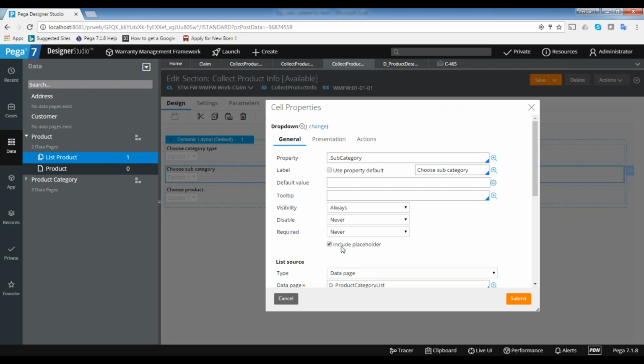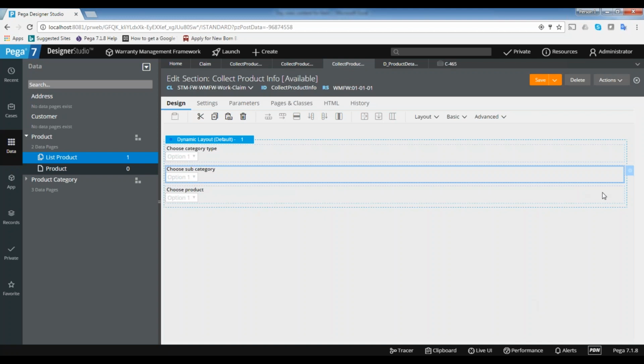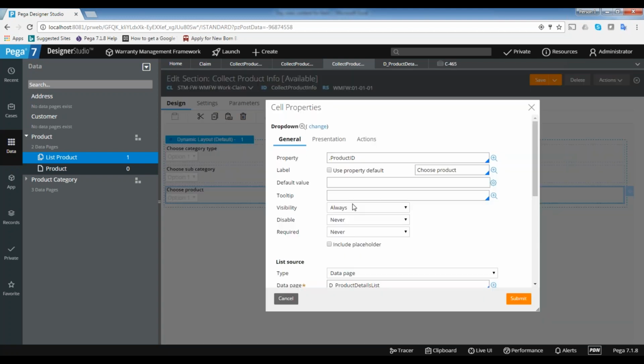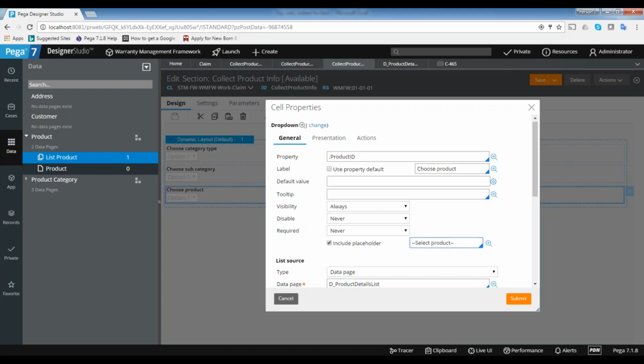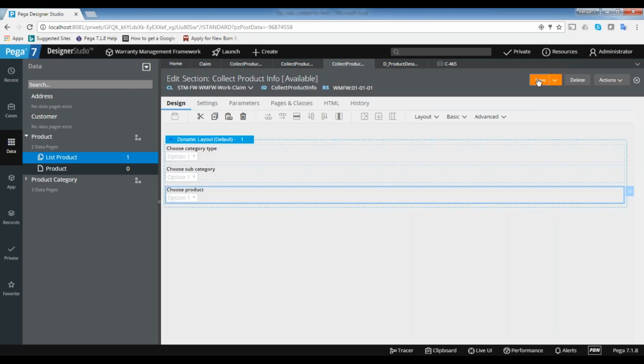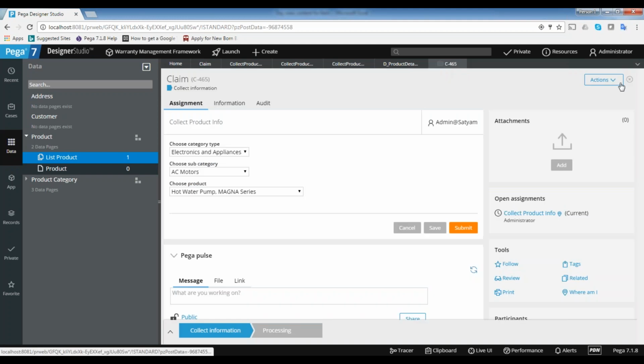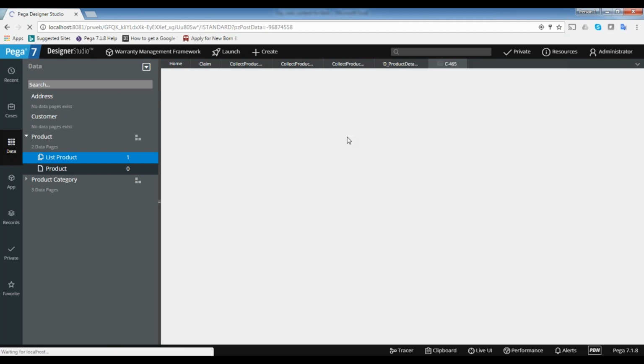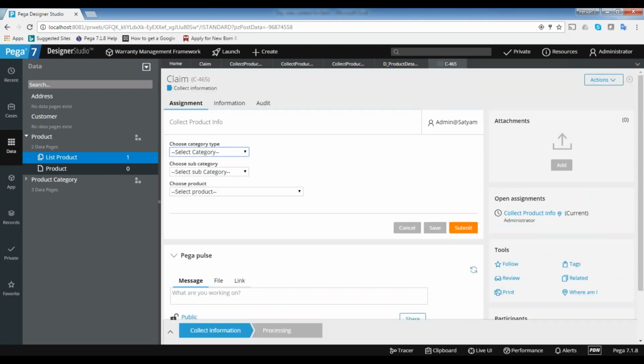Here, select subcategory. Here, select product. So first select the category.